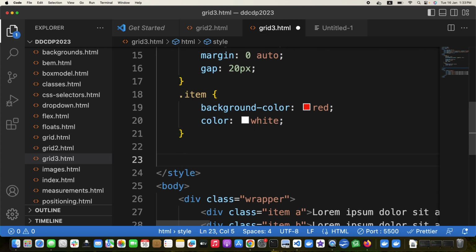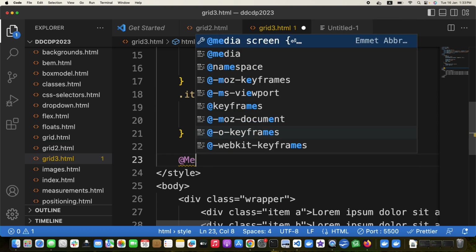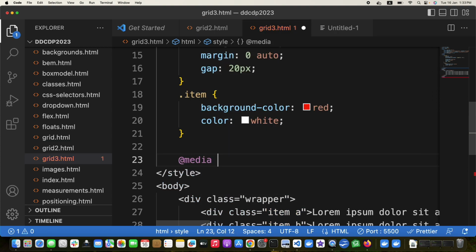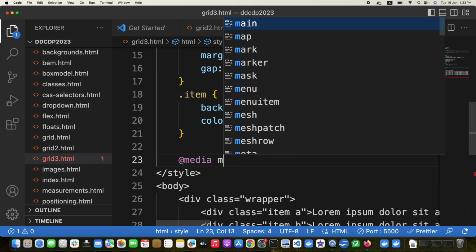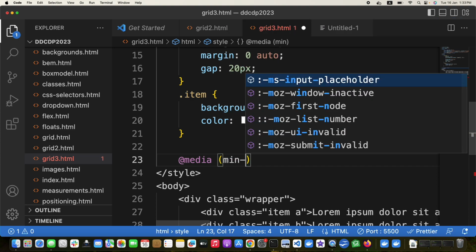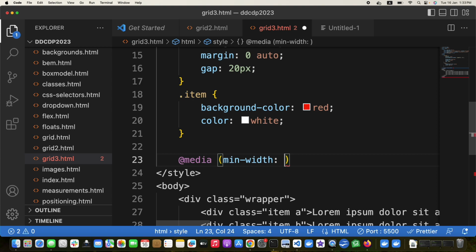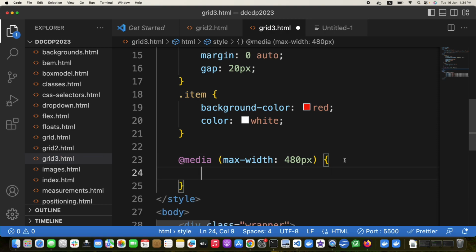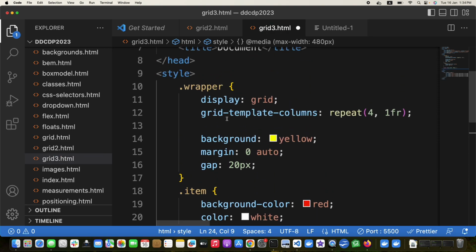Here at media, min-width, say, let us make it 480 pixels, or max-width 480 pixels. So up to 480 pixels, what we want to do is, we want to have